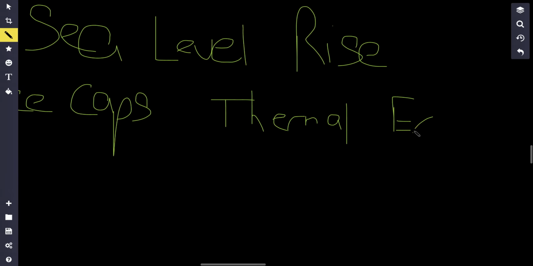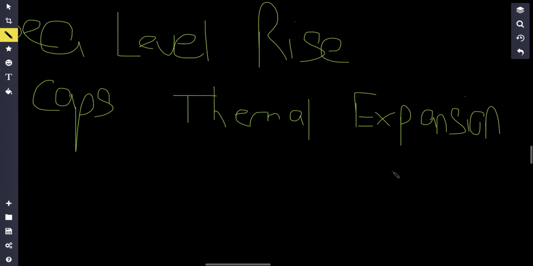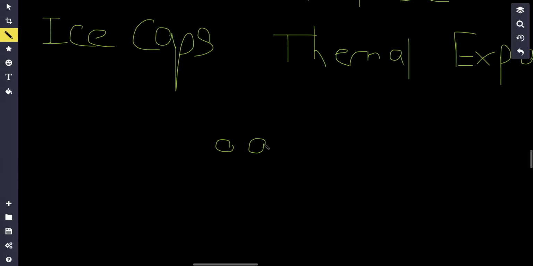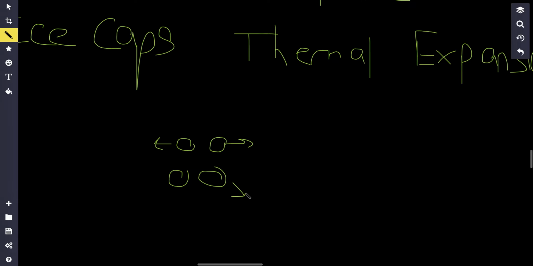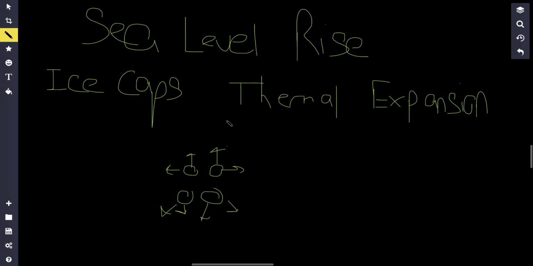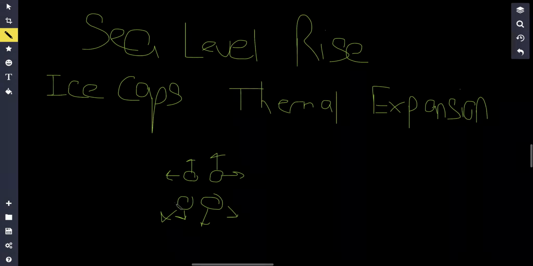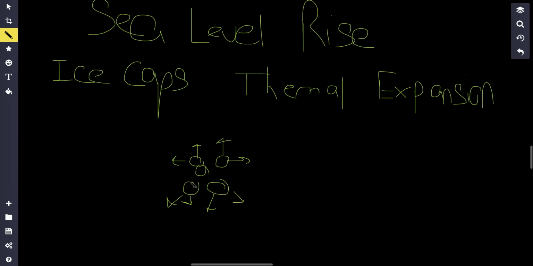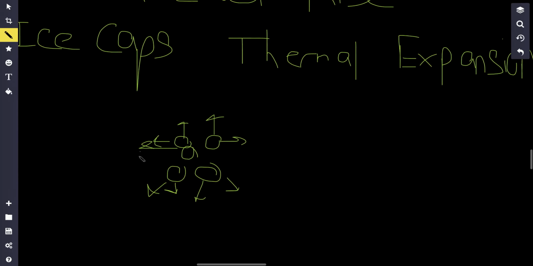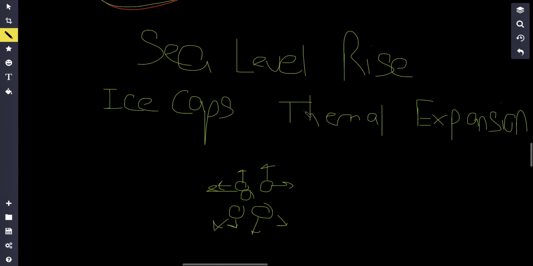This is just a process where water molecules basically expand. If you have some water molecules right over here, right? When the water molecules are really hot, they're going to move away from each other, right? They are going to start moving away from each other, right? It's going to expand. Sorry, the volume is going to expand. This is just like a natural thing that happens, right? So as these water molecules get hotter, it's going to cause thermal expansion, and that's also going to lead to